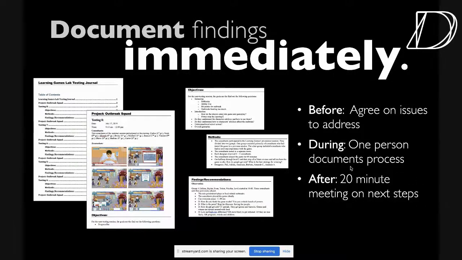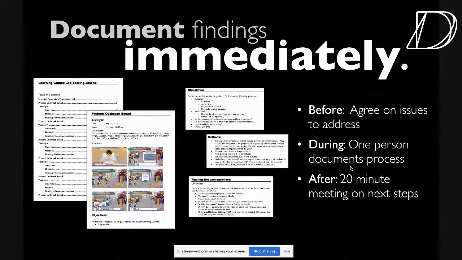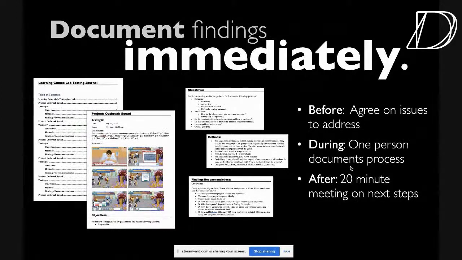And then this is a hard and fast rule. We only break it like 1/10 of the time. Immediately after, we all get together, no longer than a 20-minute meeting. What did we learn? And the reason for that is we should be able to go back into development the next day and implement those changes. No more 2 or 3 weeks analyzing data. Immediately after, what are we going to do?